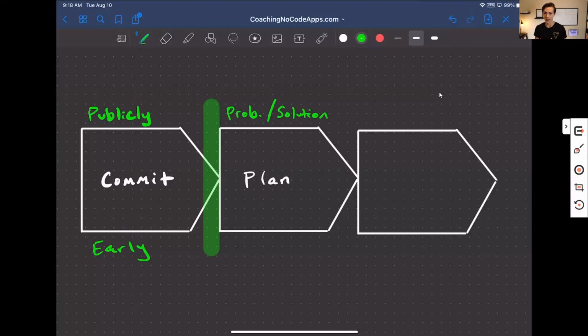You want to plan that out, but you also want to plan out how you're going to roll out the app and start bringing initial early users on board. And this plan needs to focus on a problem and a solution, both on the technical side and on the business side of things, bringing those users on board, spreading the word about your app, a problem and a solution.